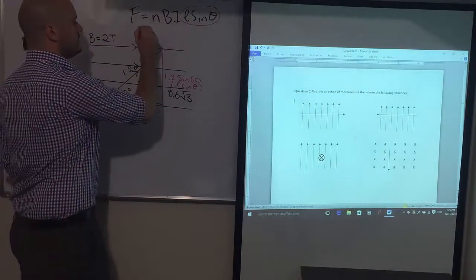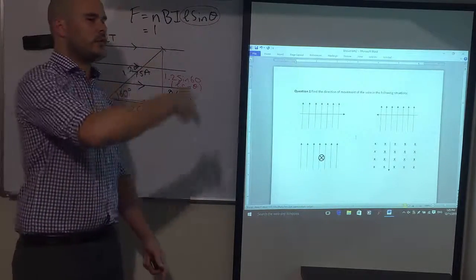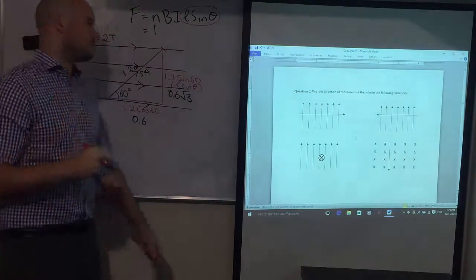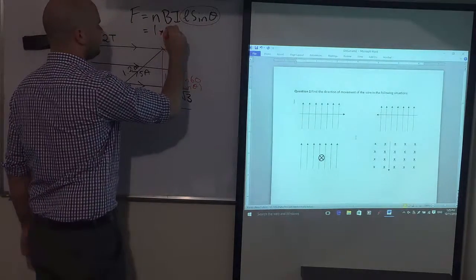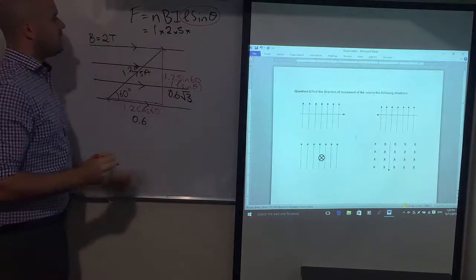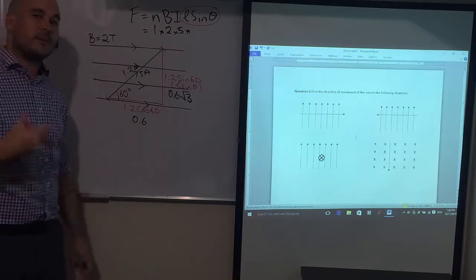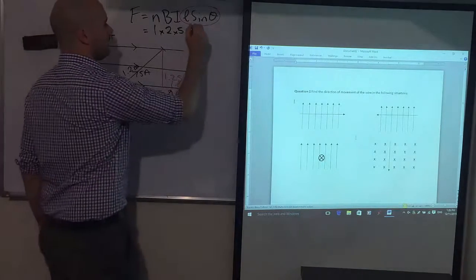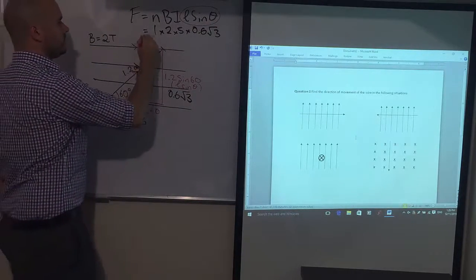So number of turns is 1. It's one turn because it's just a straight piece of wire. If it was a curled loop or something like that, we'd need to take into account it'd be more than one turn. Straight wire is 1 turn. B is our external field strength, which is 2 Tesla, given in the question. Our current is 5 amps, again given in the question. Now L sine theta is the perpendicular component of the wire itself in that magnetic field, which is 1.2 sine 60 or 0.6 root 3. Now figuring this out comes out to be 6 root 3